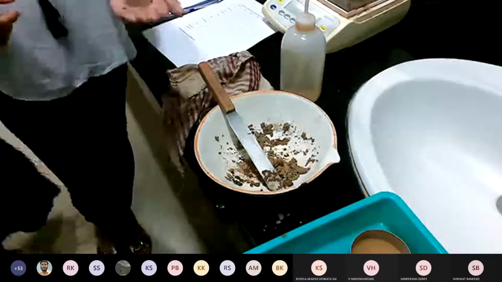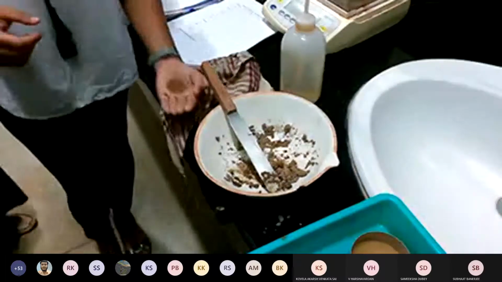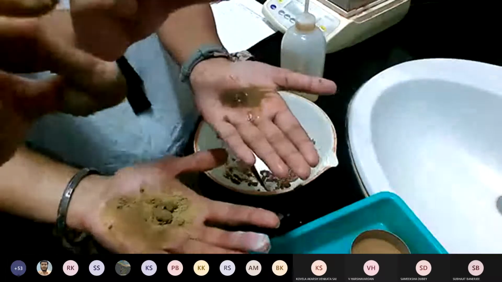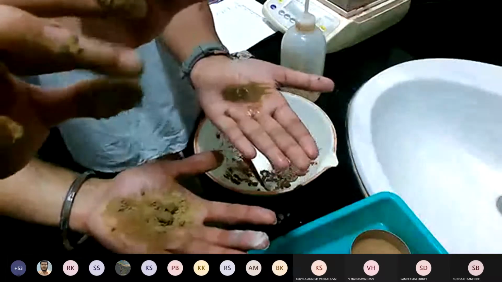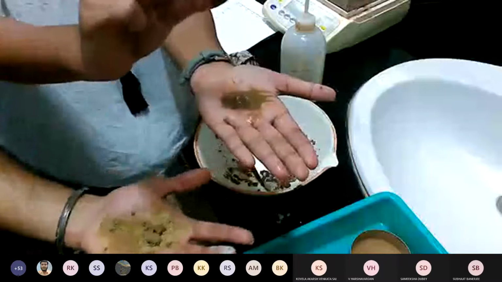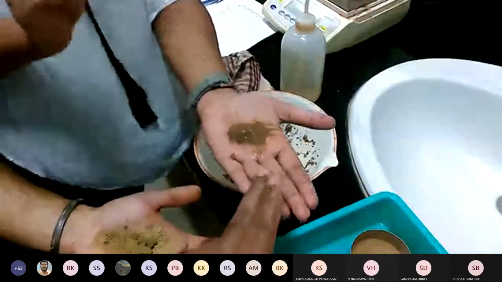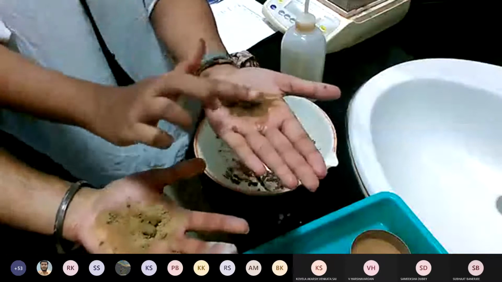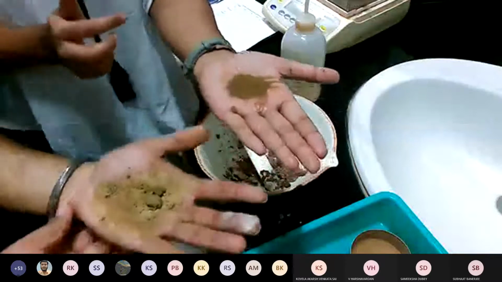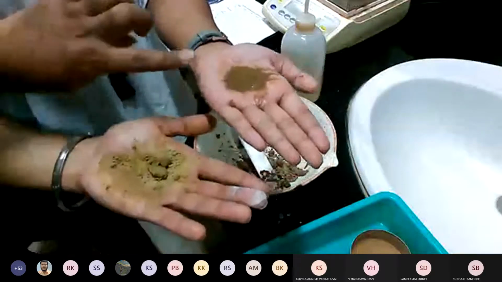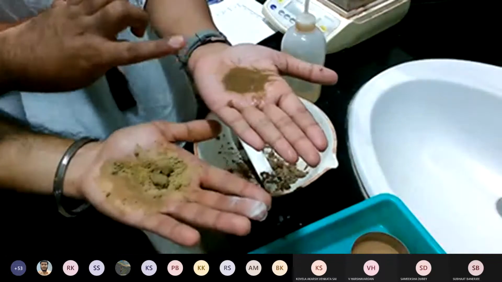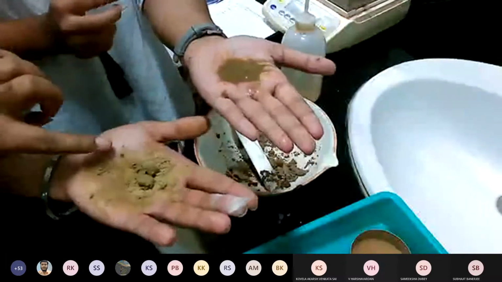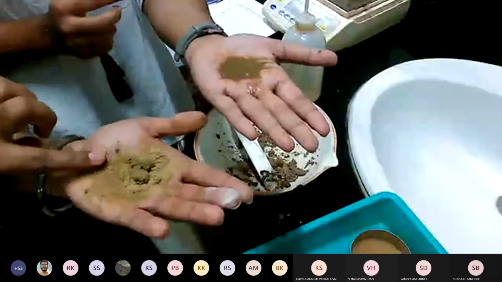That is sand. You can keep them sideways so that they can understand. See, it is very clear. In this hand it is sand, and in this hand this is a cohesive material. If you look carefully, in the case of the sand, no particles stick to the palm, while here the entire palm is full of soil.